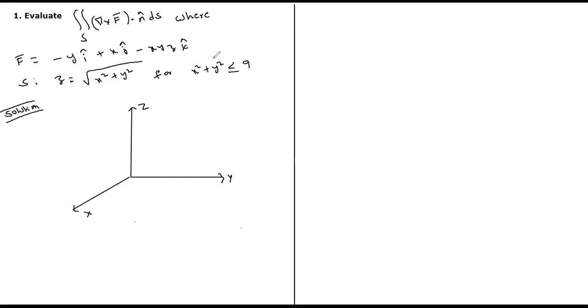Because this is always greater than or equal to 0, it can never be negative. So when x square plus y square equals 0, then what happens? z equals 0. Cone. That means it is a point that lies on the xy plane. When x square plus y square equals 9, under root 9 is 3. As somebody said, cone, sir. It is the cone. It is a combination of circles continuously varying from 0 to 3.